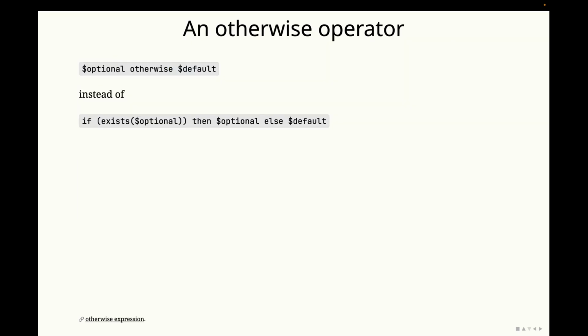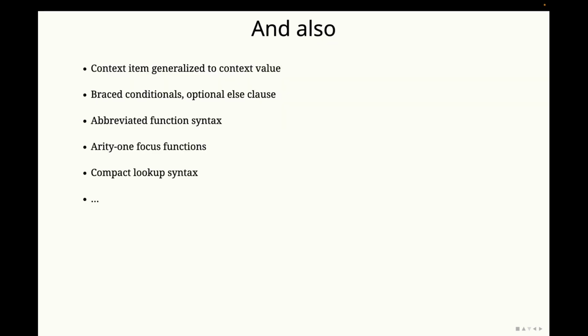A nice easy one, if you want to specify an optional value with a default, instead of specifying it by a complicated if exists then else expression, you can now simply use the new otherwise operator. We've also generalized the context item to a context value. We've introduced braced conditionals, which allow you to have an optional else clause. There's some abbreviated function syntax, which combined with the ability to write arity-1 focus functions is very convenient in some higher order function situations. There's a new compact syntax for looking up in maps, and